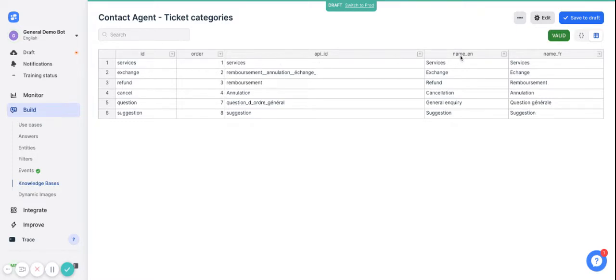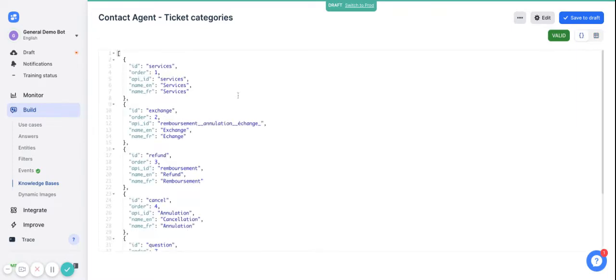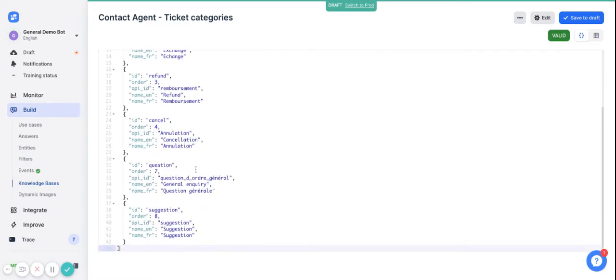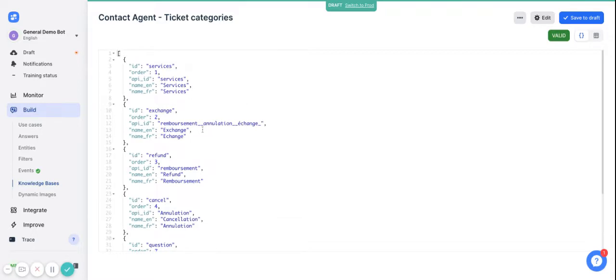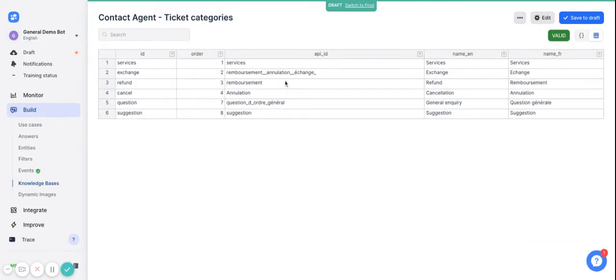So for service, you get the name in English, we have the name in French. Now, again, this is just a raw JSON, so you can see the raw data, what it looks like here, if you click on this little toggle. But the ViaSay platform will present it in a 2D sort of a board that's a lot easier to read. So you can see that the first item in the knowledge base is services,